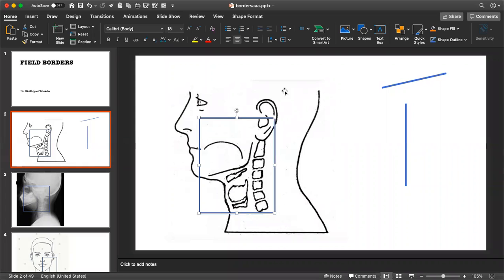Wedge angle is 90 minus hinge angle by 2. It's not 90 minus hinge angle whole by 2. It's just hinge angle by 2. So 90 minus hinge angle by 2. So hinge angle is 90; you divide it by 2, it becomes 45. 90 minus 45 is again 45. So whenever you are using an anterior and a lateral field, you would use a 45-degree wedge angle.